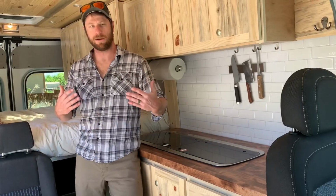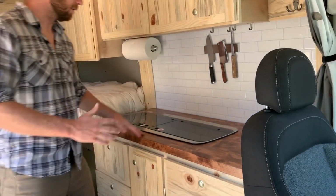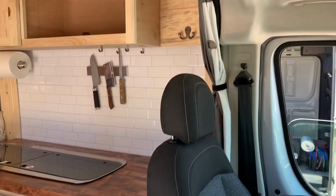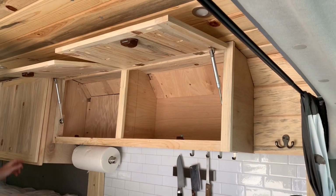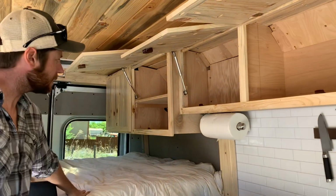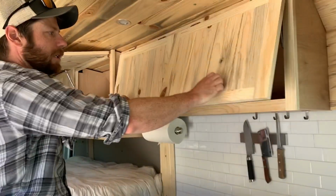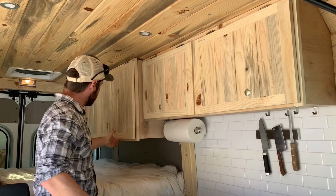So looking this way from the front of the van towards the back, you can see our whole kitchenette here with the beetle-kill cabinet finish, the imitation tile backsplash. These cabinets are all top opening cabinets to give you lots of extra storage in the kitchen. And these cabinets in the rear are extra big cabinets with an extra shelf. Those are really nice for clothing storage and things like that. And those all close and open with this push lock hardware, so you don't get your cabinets flying open driving